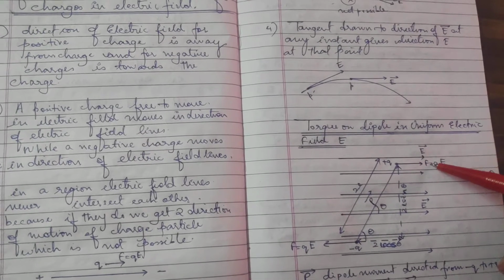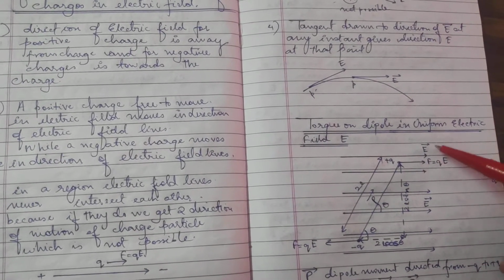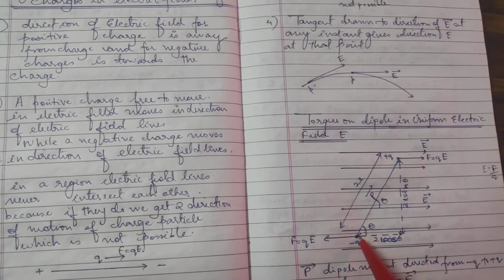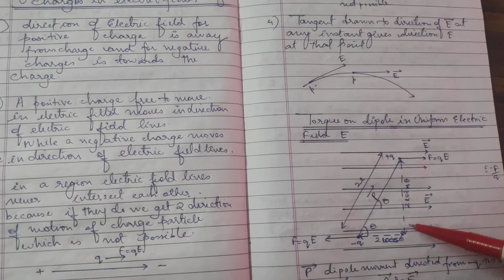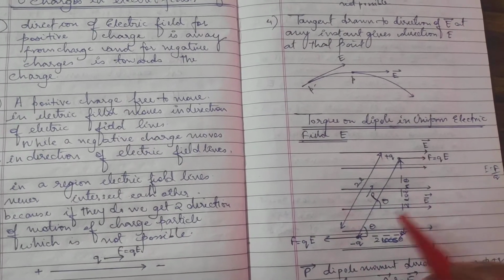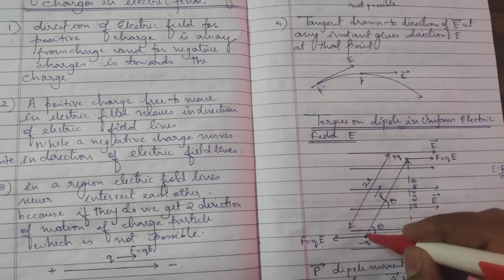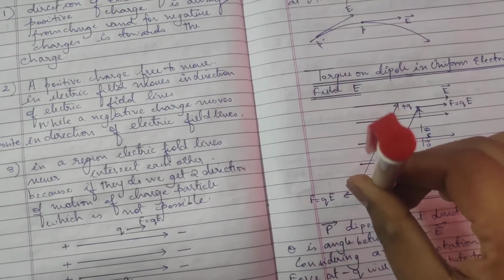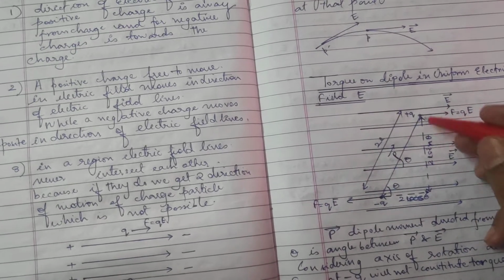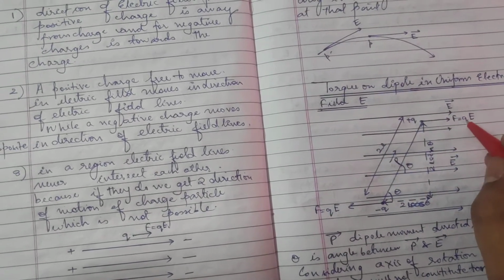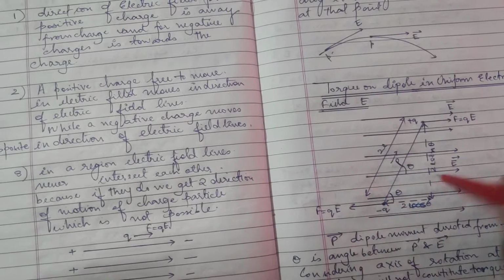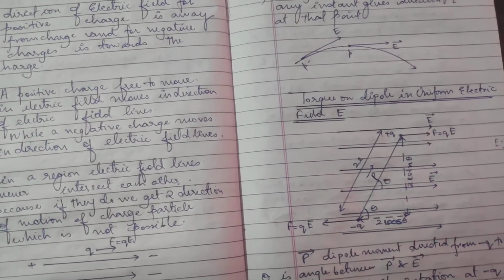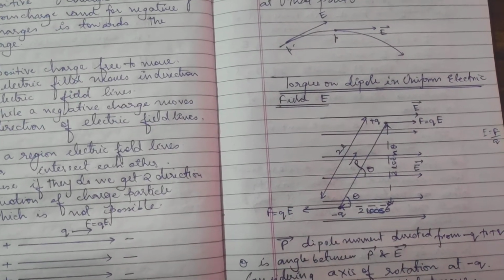And this is the force, and the distance of this force from the axis, the perpendicular distance. The axis is over here. The perpendicular distance of this force with respect to the axis will be this distance. Whenever we call it a perpendicular distance, we mean the shortest distance.